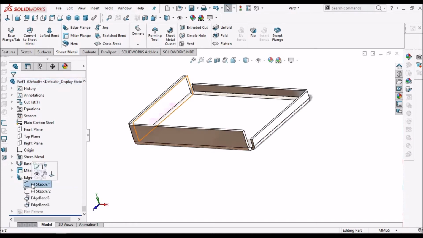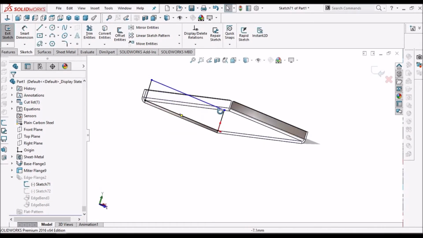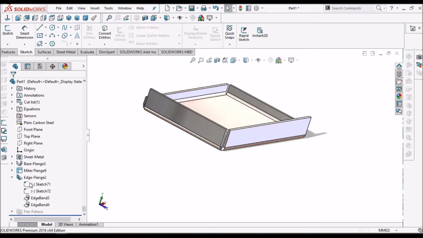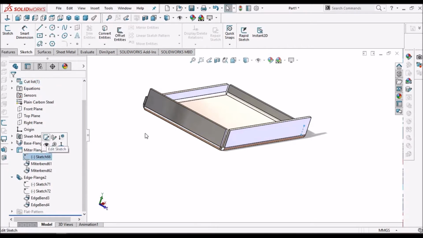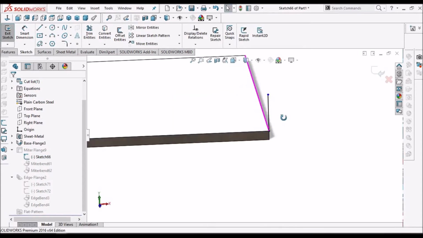Here in edge flange, I can edit the flange with a rectangular sketch. Whereas here in miter flange, I can edit only the line.